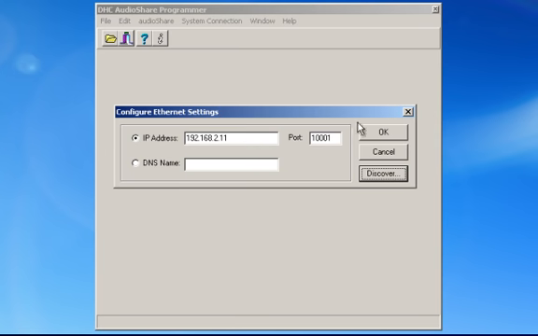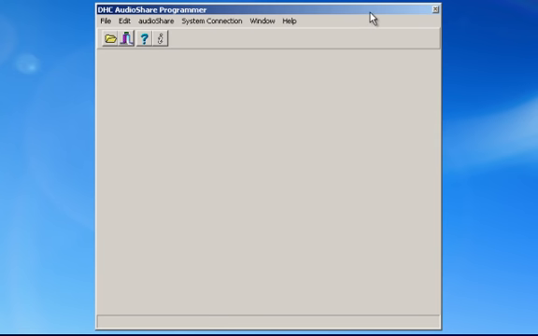Once that's done, you can push OK, and the AudioShare programmer will save those settings so that the next time you run it, you don't have to keep setting them to connect to the same system. However, if you are connecting to different systems for different customers, then you'll obviously need to change those accordingly for